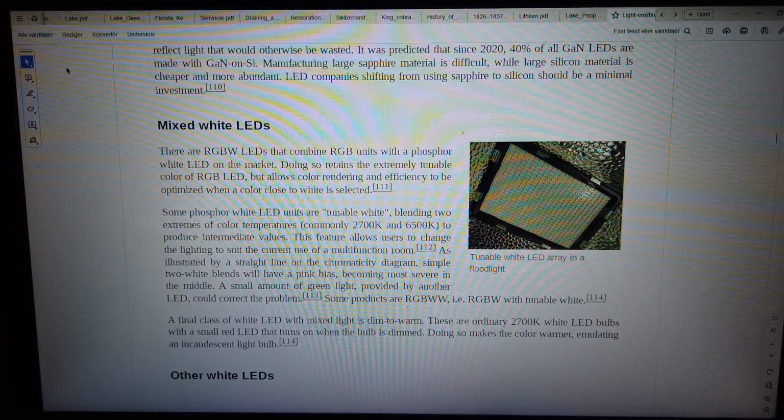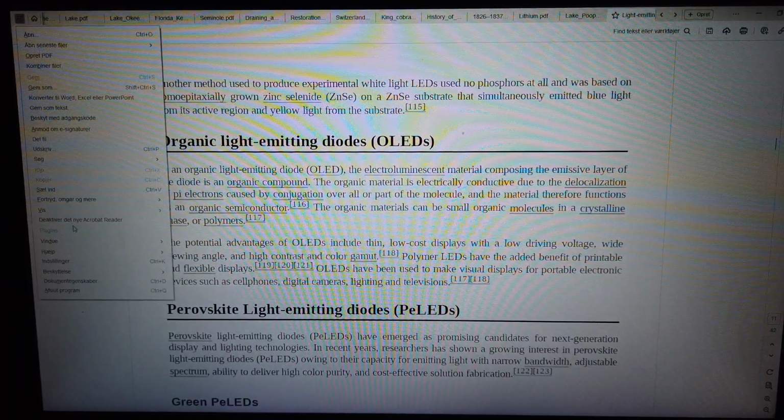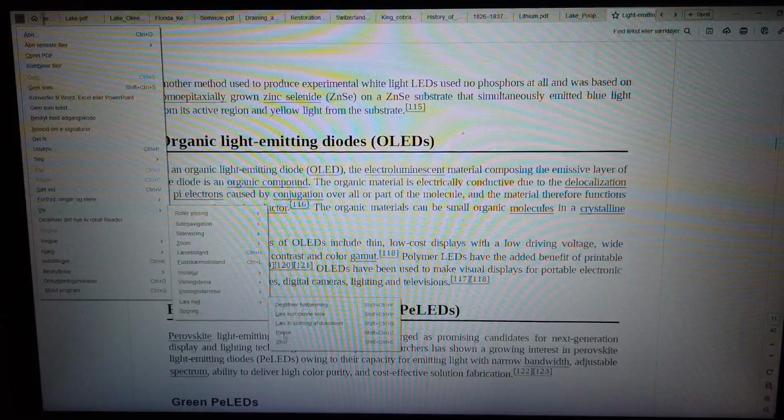Other white LEDs. Another method used to produce experimental white light LEDs used no phosphors at all and was based on